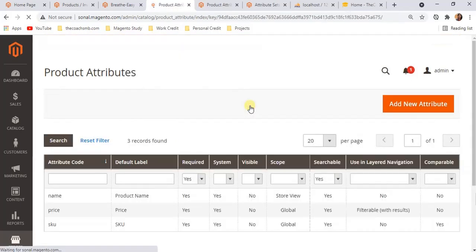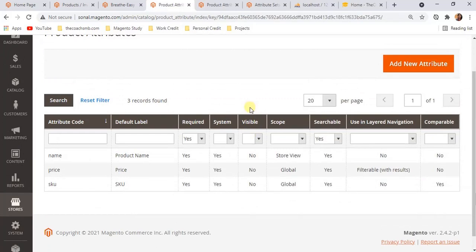Very easy, but before creating a product, you should analyze what kind of data we are going to enter into the product, and depending upon that, decide the catalog input type, what kind of validation we are going to use, whether we are going to make it searchable, display it in layered navigation, or use it in compare. That kind of information will help us while creating attributes for the product. In the next video, we will understand how to use these attributes in an attribute set.